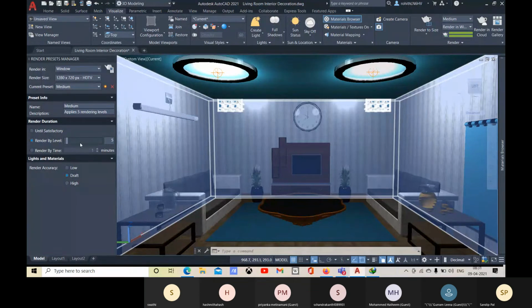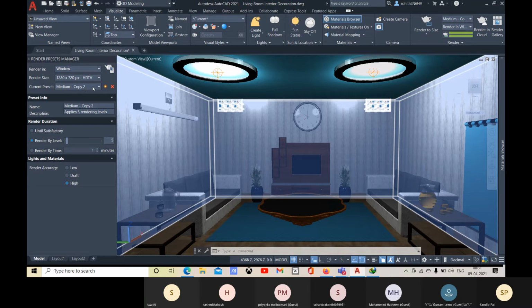You can change the render by level. If you increase the render level, you will get more accuracy. You will get rendered by each and every pixel as per the level. You can go for render by time, and about the render accuracy, you can go for high. All right, so you see that is right now medium copy 2.